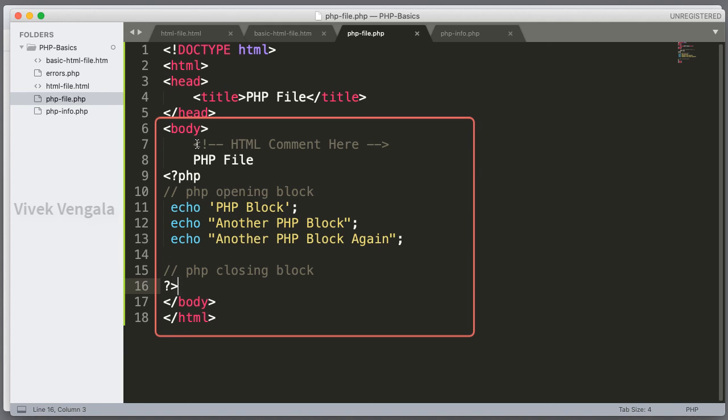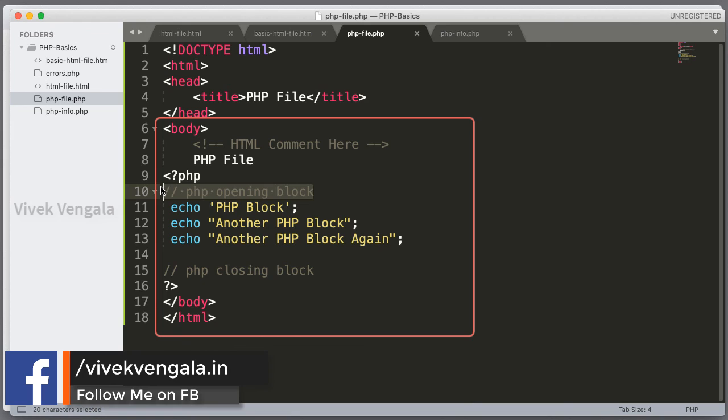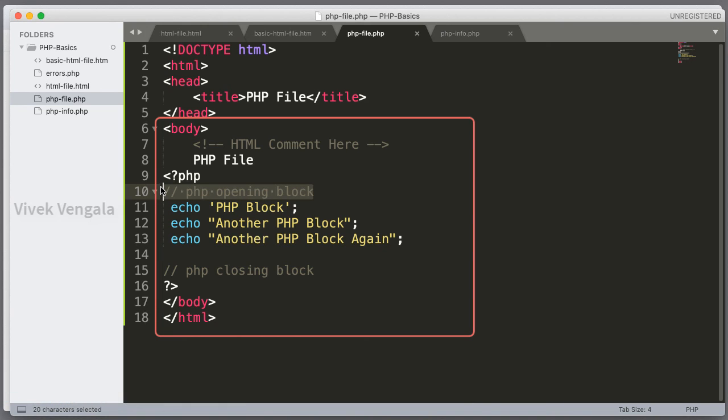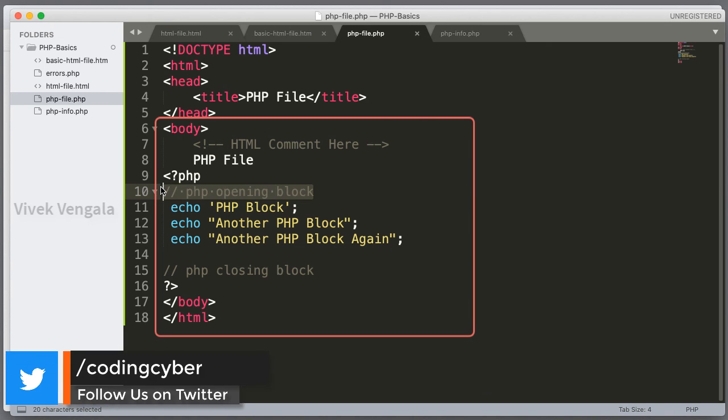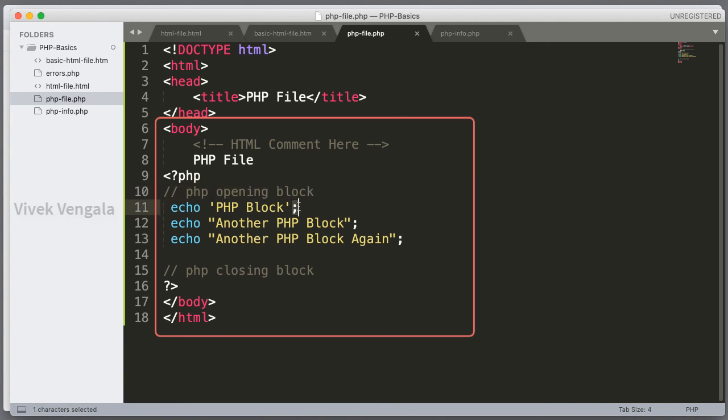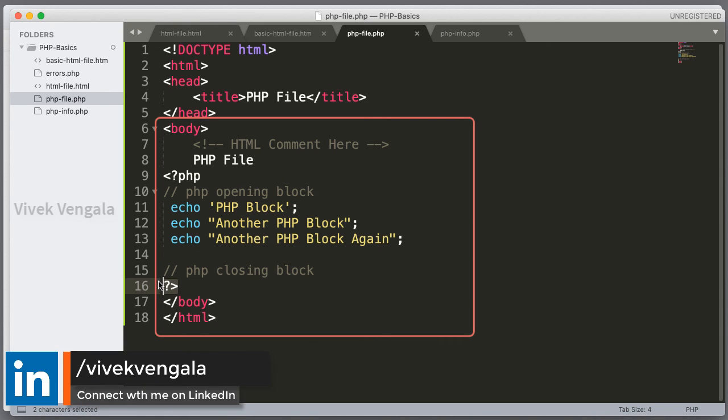And also we have seen the differences between an HTML comment and a PHP comment. This is an HTML comment and a PHP comment. An HTML comment will be displayed in a browser, and a PHP comment won't be displayed anywhere else. Only the persons who have access to these PHP files can see this. No one else can see these comments, and these PHP comments won't be displayed in the browser. And it's a good practice to add PHP comments throughout your code and add semicolons for every statement, and also close the PHP blocks if you are combining HTML with PHP.